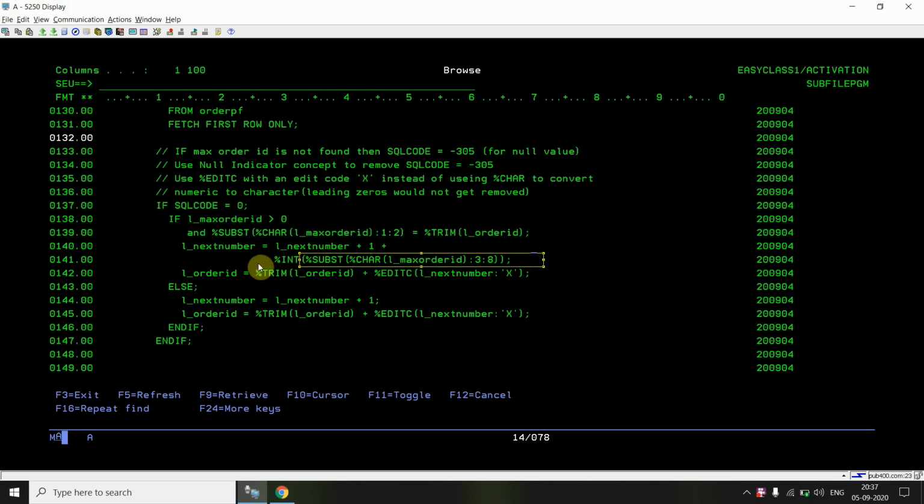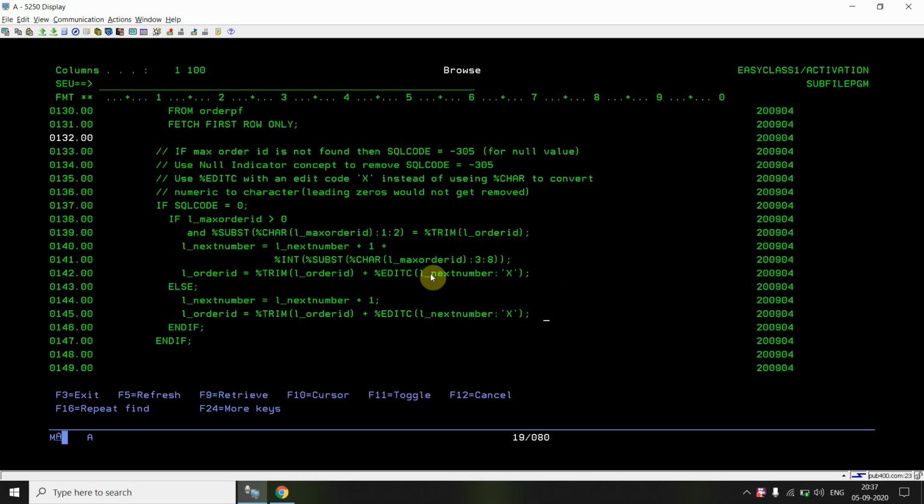Then we convert that into an integer. After that we add 1 to that, and then assign that to the next number. So now we got the next number, 26. Then we add that to the order ID plus the next number. We have the leading zeros, and we don't want to lose the leading zeros in the generated order ID.